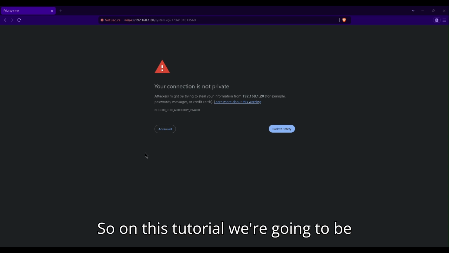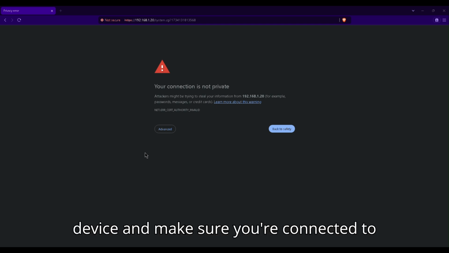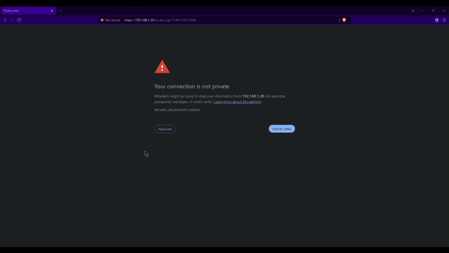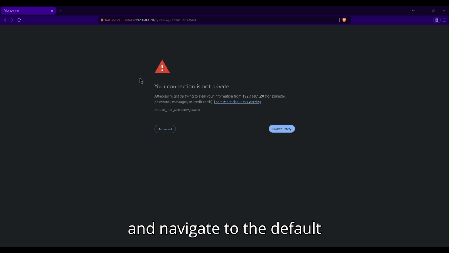In this tutorial, we're going to be setting up a Ubiquiti device to work as an access point for the office. First, plug in the device and make sure you're connected to the same switch. Make sure the device is up and running, and